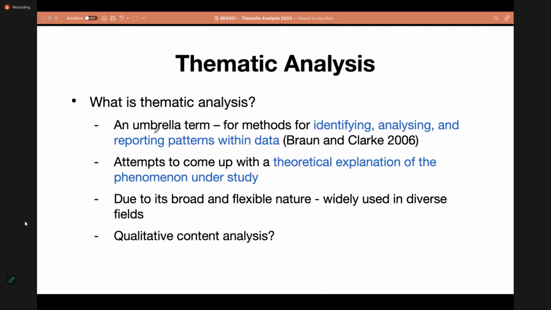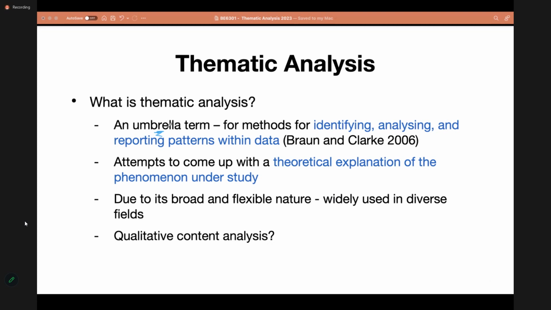In qualitative data analysis, this is commonly used as an umbrella term to basically mean any method of data analysis where you try to identify, analyze, and report patterns that you can observe within your data.